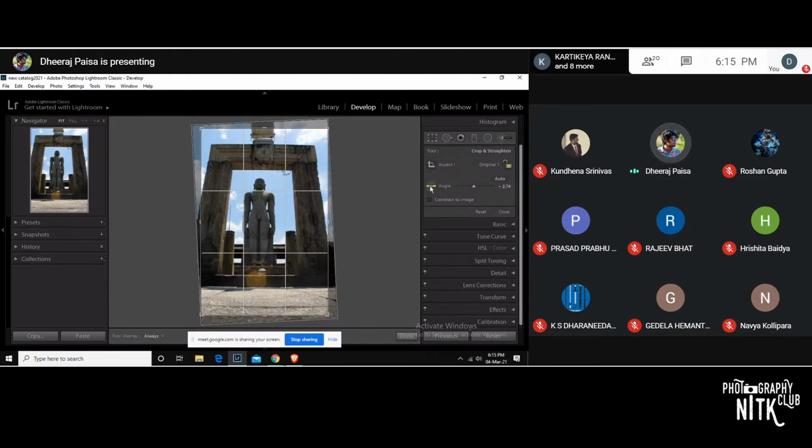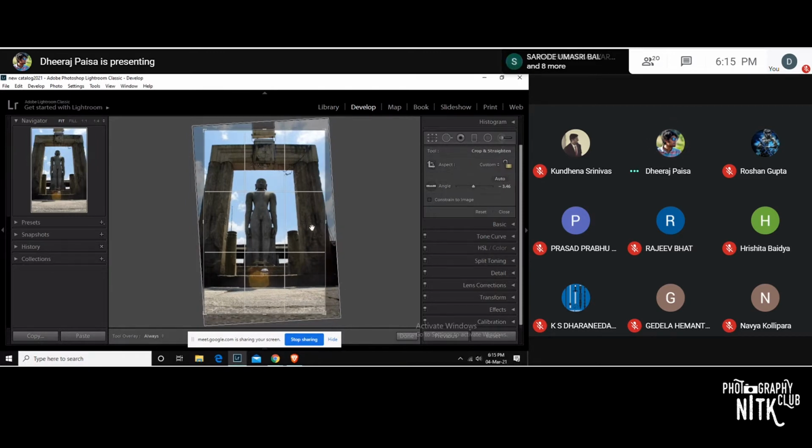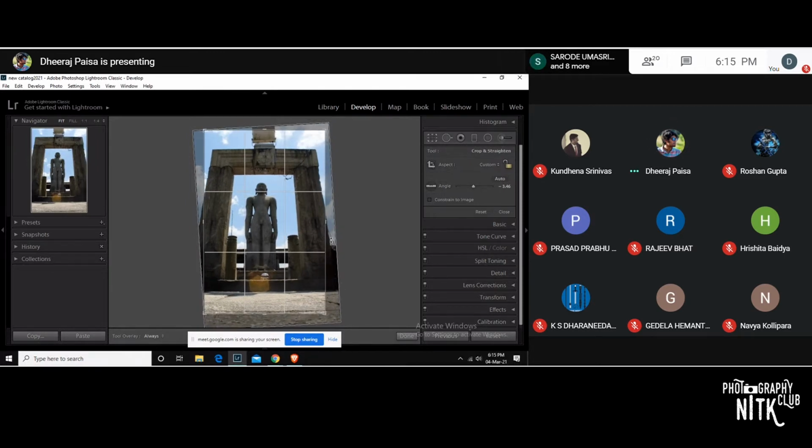Take the ruler tool and draw a line where you find a straight line. Now also there is a lot of space, so let's crop the picture a little bit. The second thing you have to check is the symmetry in a picture. Both the right side and left side of the image should be symmetric so that it looks very good.